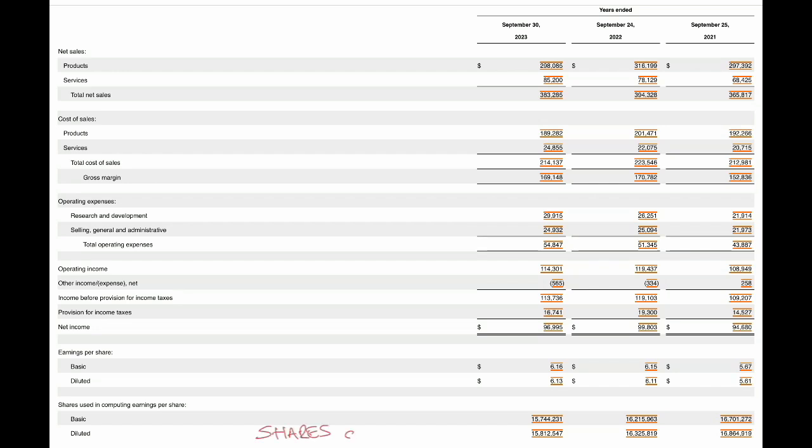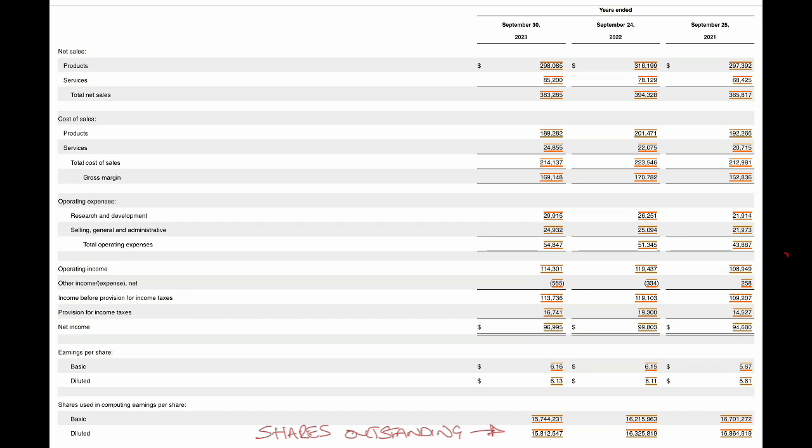The last thing we look for on the income statement is the shares outstanding figures at the bottom of the sheet. This is a very important figure for us. We like this figure to be decreasing every year and would likely rule out an investment into a company if the figure is increasing. If the shares outstanding is decreasing every year, it means that the company management is buying